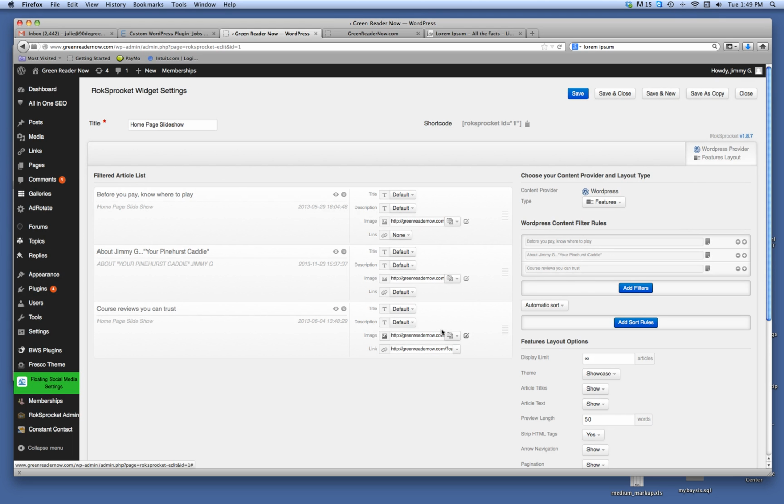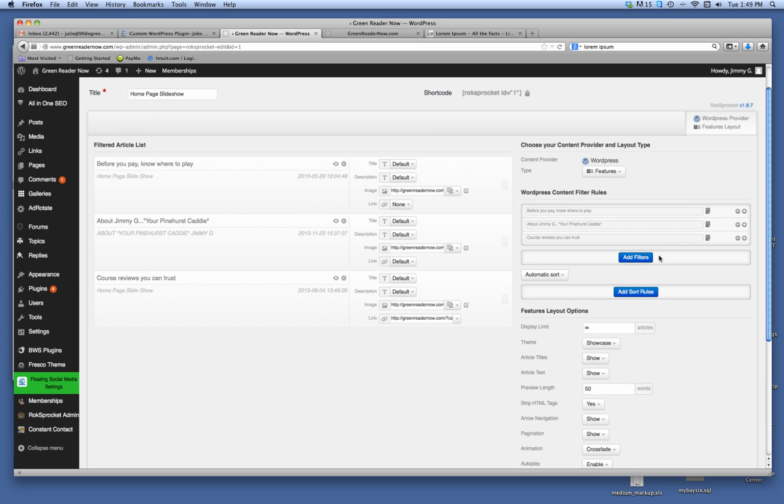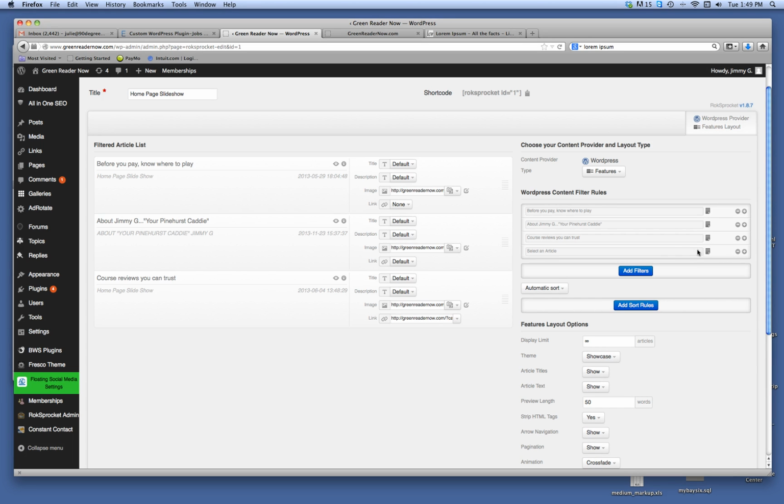But first we'll go to add another, and so we go over here. This is where we do that WordPress content filter rules, right under here. And I'm just going to find a plus sign. We know that anytime we see a plus sign, that means add things. So whenever you're wanting to add something, look for the plus sign, and then look at that. It gives me another option to put an article in here. So I'm going to click on the little piece of paper icon,